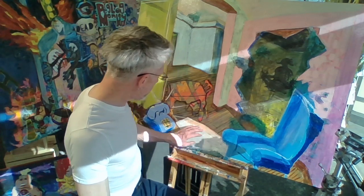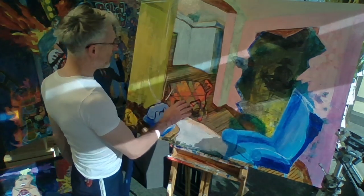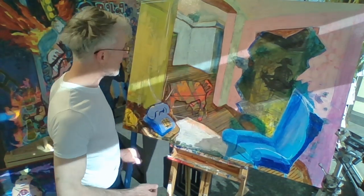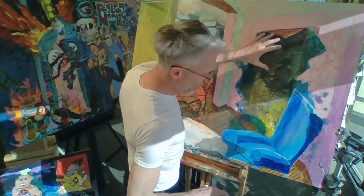Okay, now this rug, we got this. This should be in there, but I think it's funny how it is here. I might have to change it, but I think it's just so funny how it got misplaced. Now we got this wall. Everything's looking good. I have to bring out some of the...